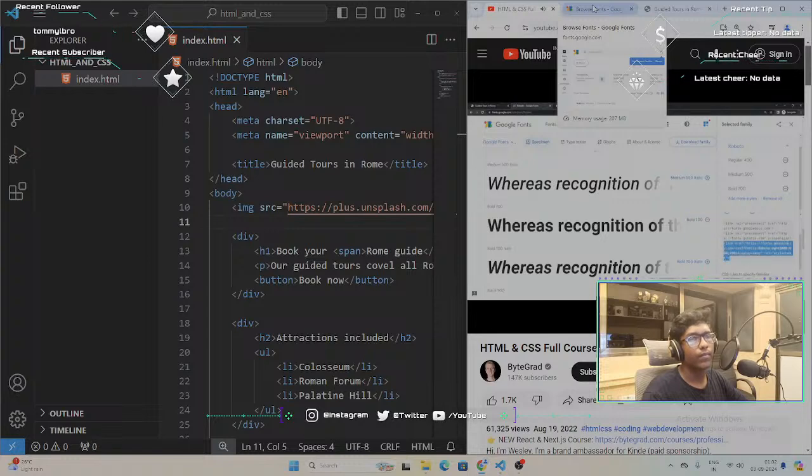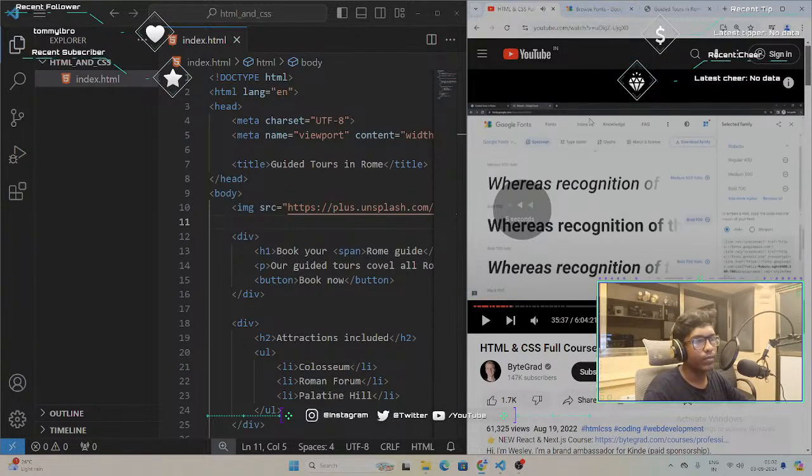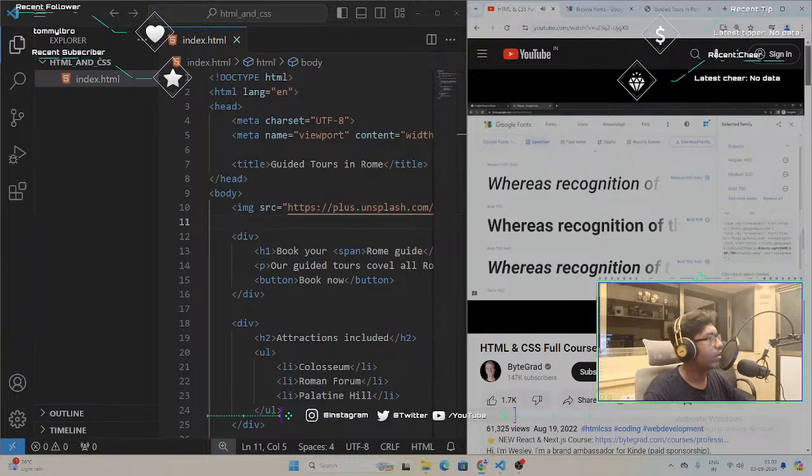So if we copy that one, and we go back to our HTML. These are basically 3 link tags, and the first 2 are just for optimization, so that it's faster to download. We don't really need this. The third one, however, we do need. So if we copy that one,